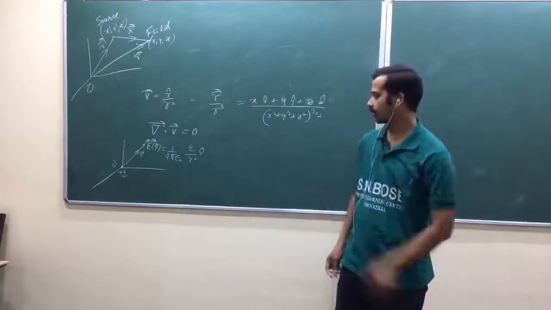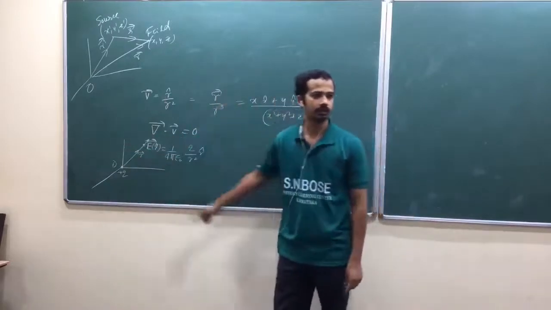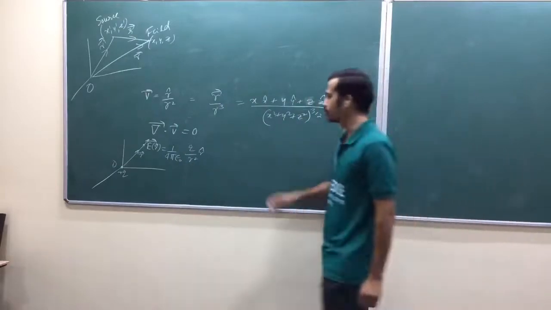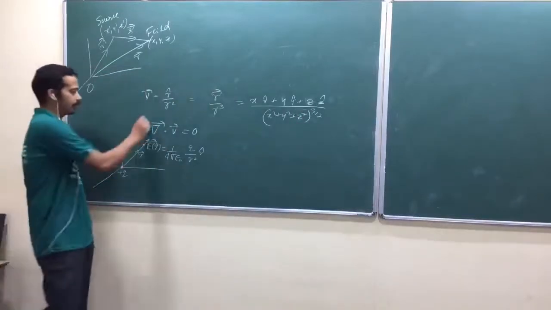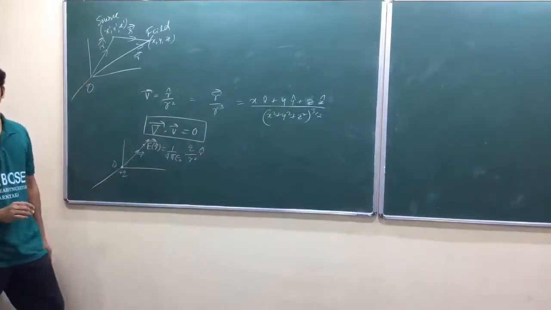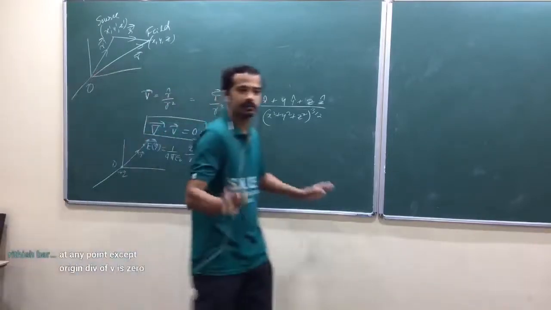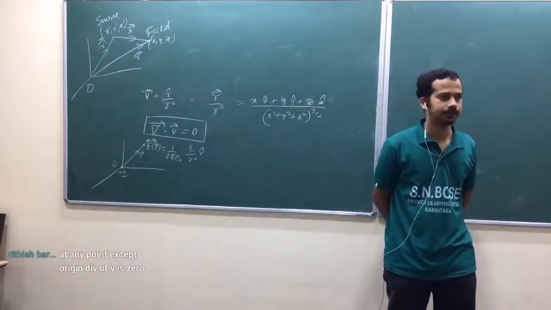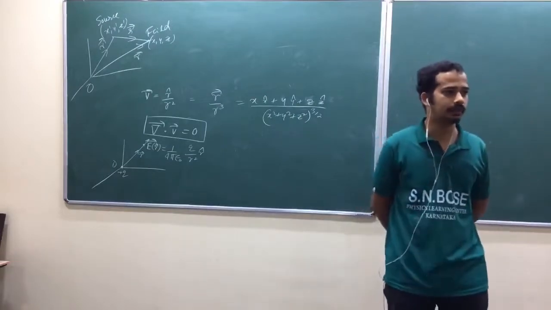So now obviously we got the idea, we have no source other than the origin, that's why divergence is 0, am I right? But we have a source at the origin that cannot be seen here. In this equation, it is saying it is 0 everywhere, it is 0 at 0 also. Now where is the mistake? When you take the divergence of this one, it is giving 0 everywhere, am I right? Why does that problem come? It is saying there is no source, even at the origin. What is the problem?